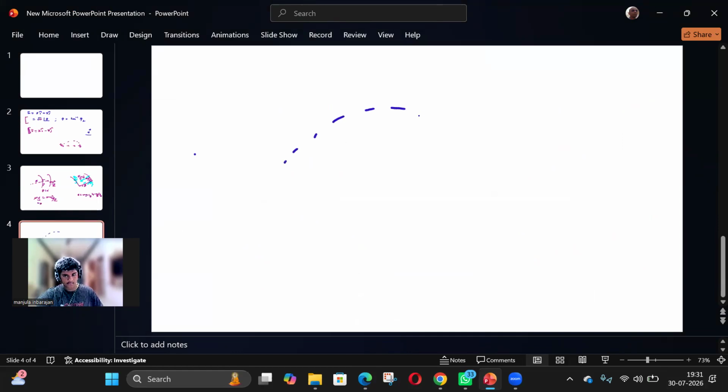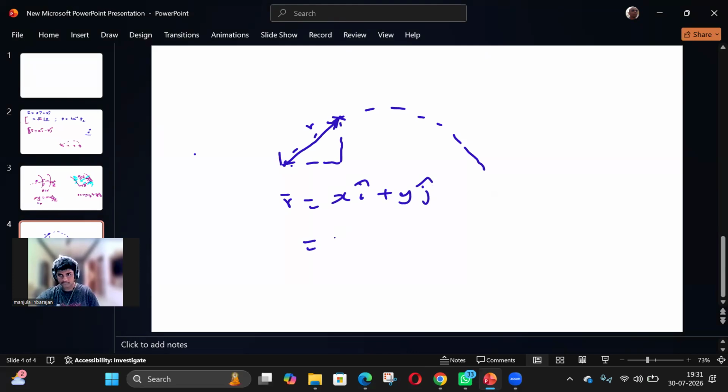Projectile is like this, right? From the initial point to the final point. Suppose you take this as origin. At any arbitrary point, this is the position vector r. This will have an x component and then a y component. So r vector is x i cap plus y j cap, and this x is nothing but u cos theta into time,